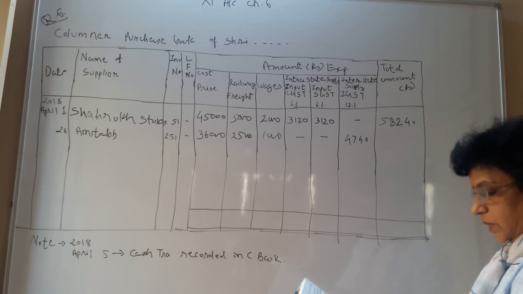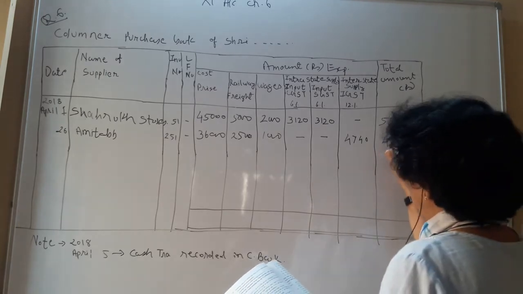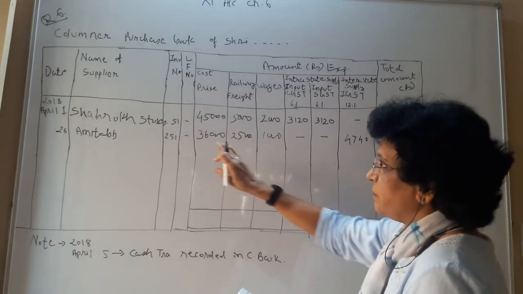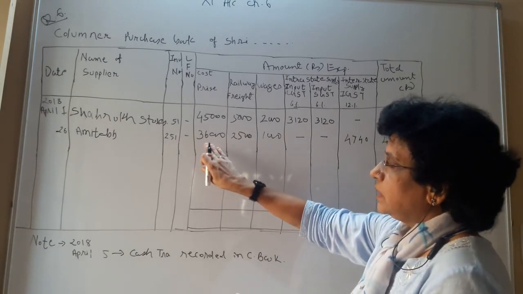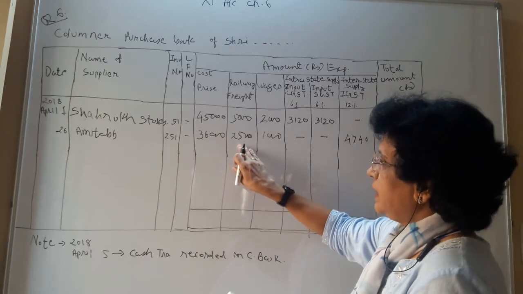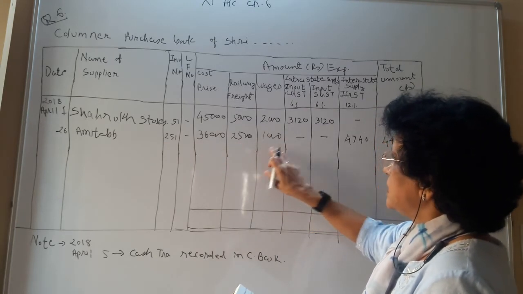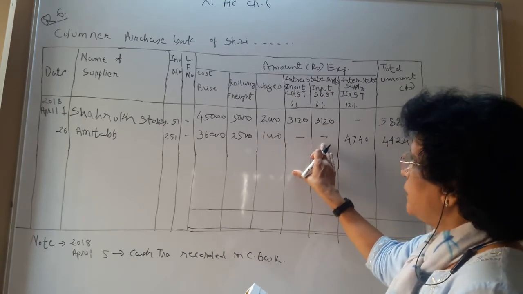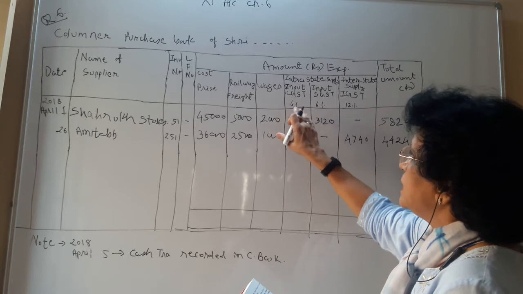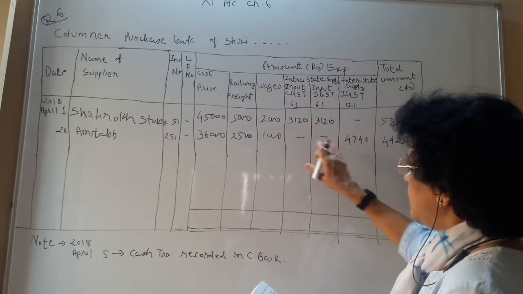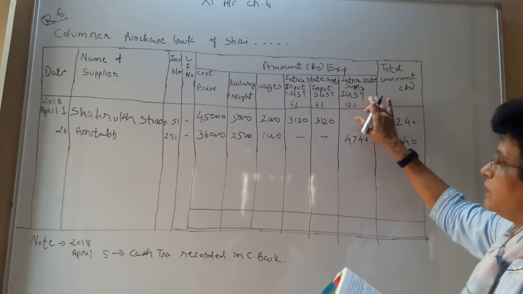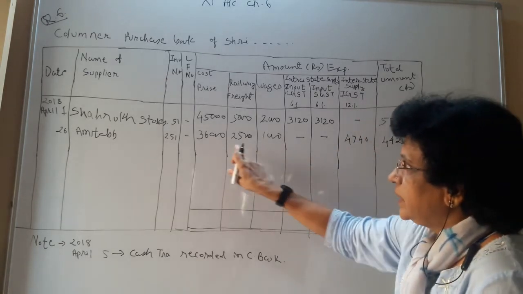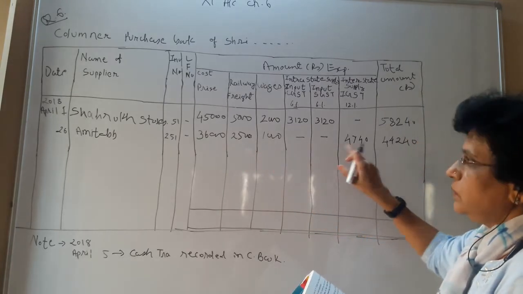If you do the total, it becomes 44,240. So here you see, after trade discount, the cost is to be written, railway freight as mentioned, wages as mentioned. If it is within the state, then you have two types of tax, 6% CGST and 6% SGST. If it is outside the state, you have the 12% tax, that is IGST, and that is to be calculated on the total value, the total cost.